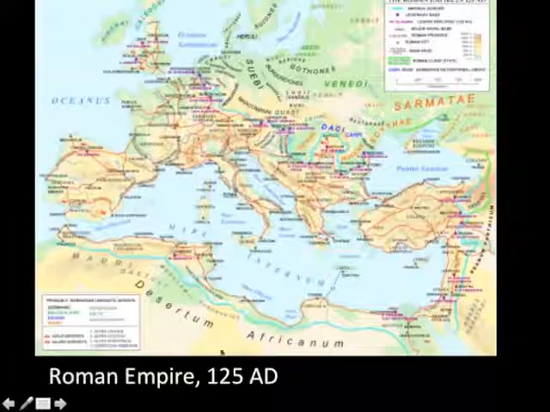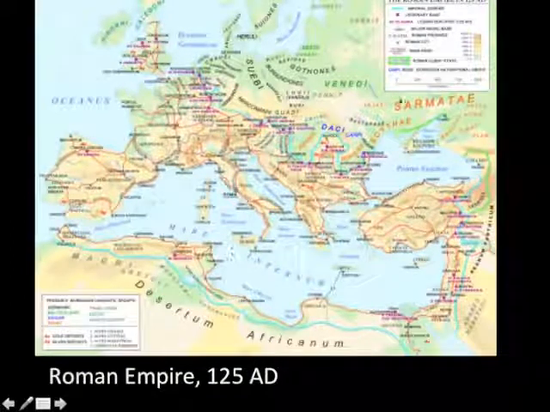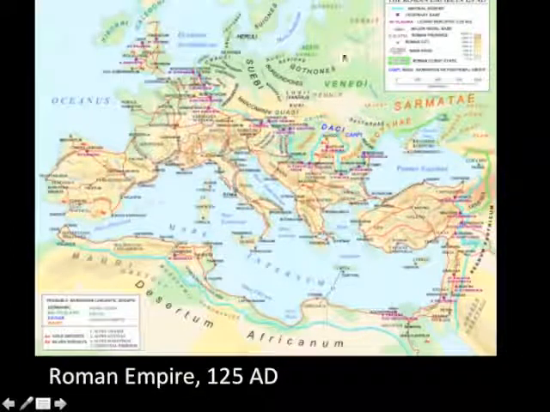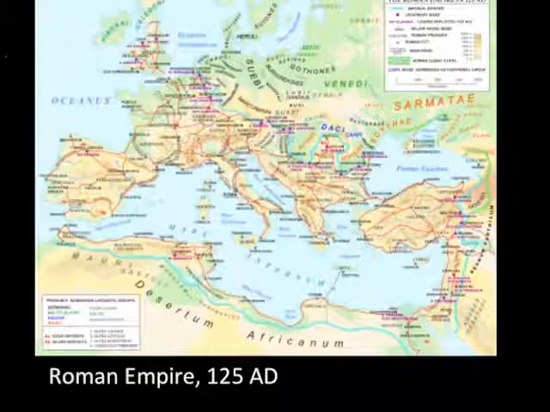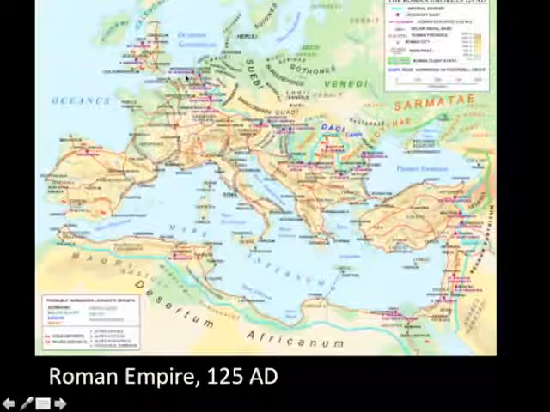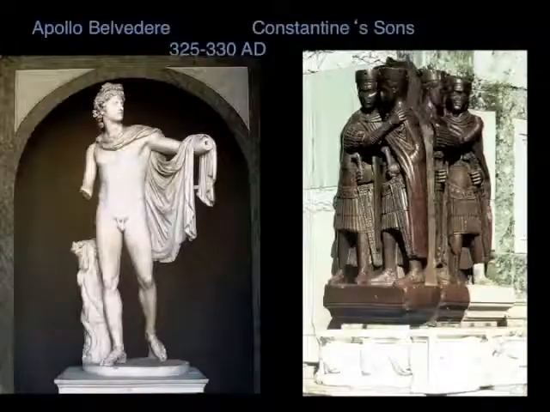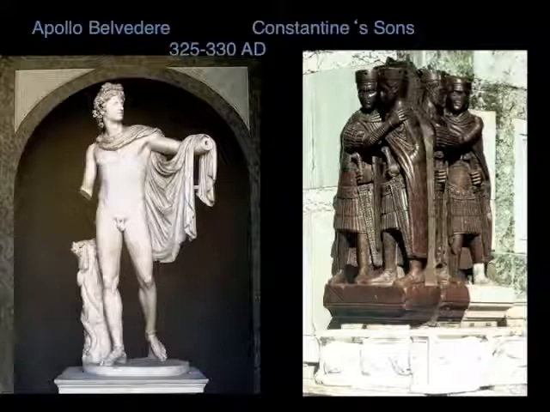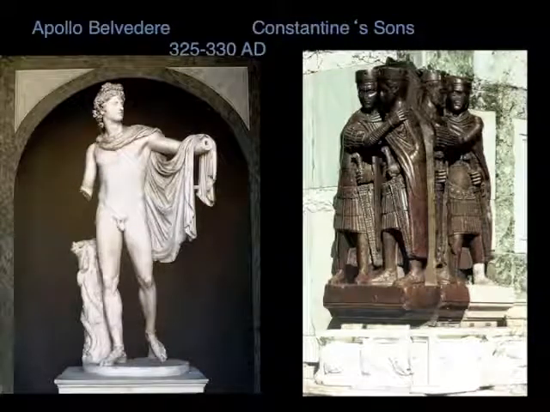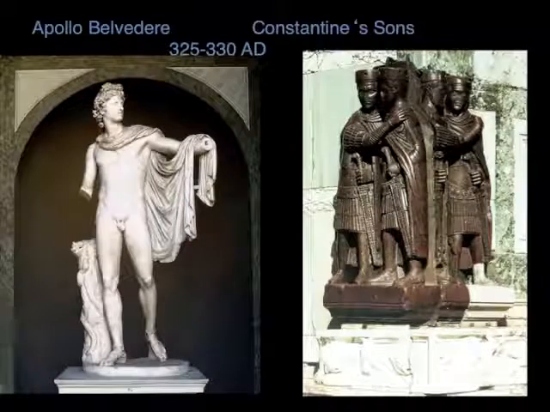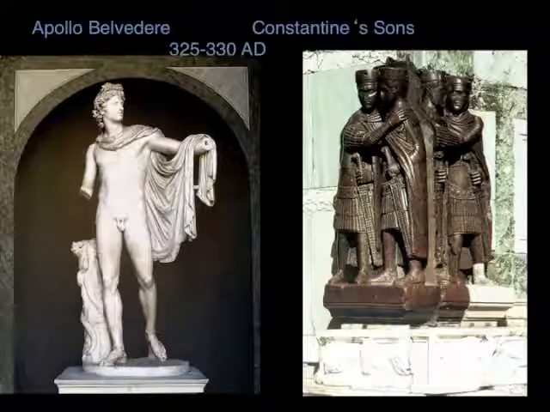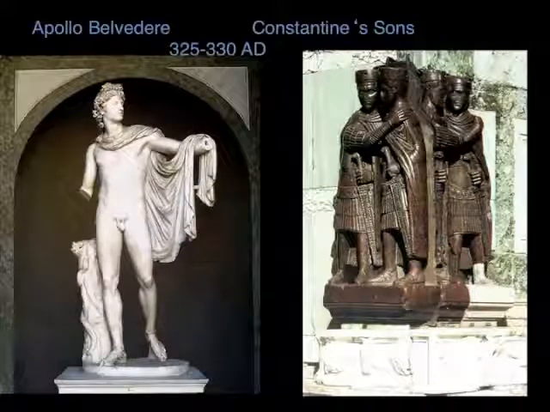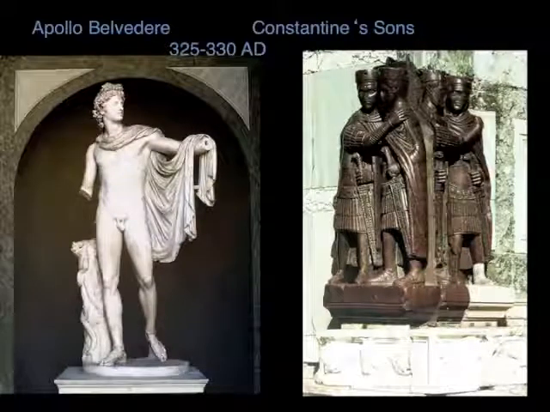And this is more or less the time of Hadrian, where all of this, the entire territory ringing the Mediterranean, all the way up to England, all the way up through Germany, was all intact and part of the Roman Empire. So this is an image really from the time of Constantine, 330 AD, on the right. And I'm showing you the Apollo Belvedere, Hellenistic thing, on the left, about 330 BC, as a point of comparison.